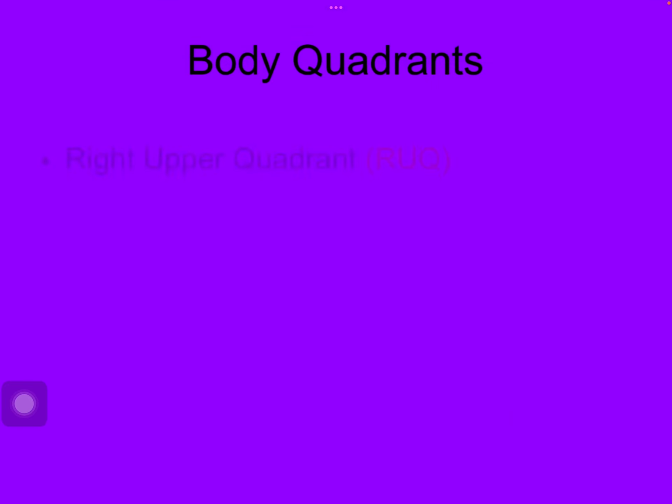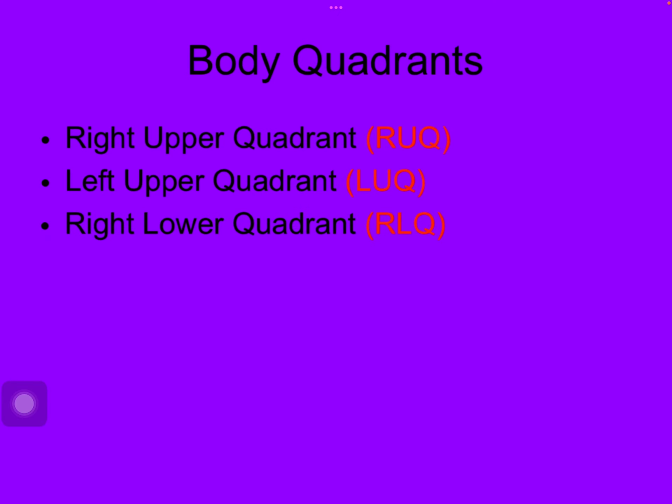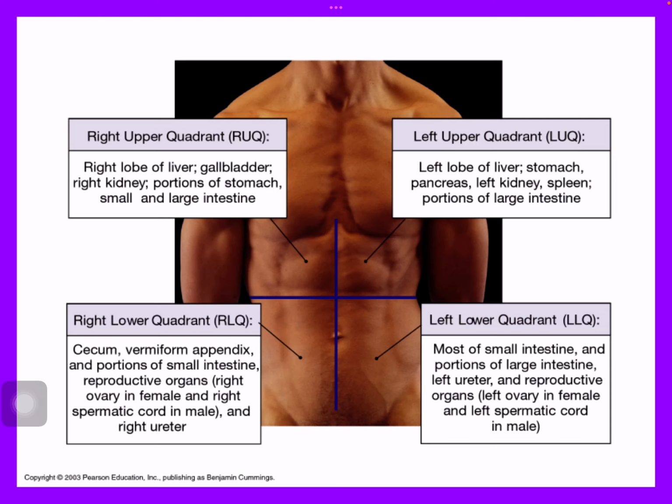Body quadrants: right upper quadrant, left upper quadrant, right lower quadrant, left lower quadrant. These are the quadrants of our body. The right upper quadrant contains the right lobe of liver, gallbladder, right kidney, and portions of stomach, as you can see. The right lower quadrant includes the cecum, vermiform appendix, and also a portion of small intestine,